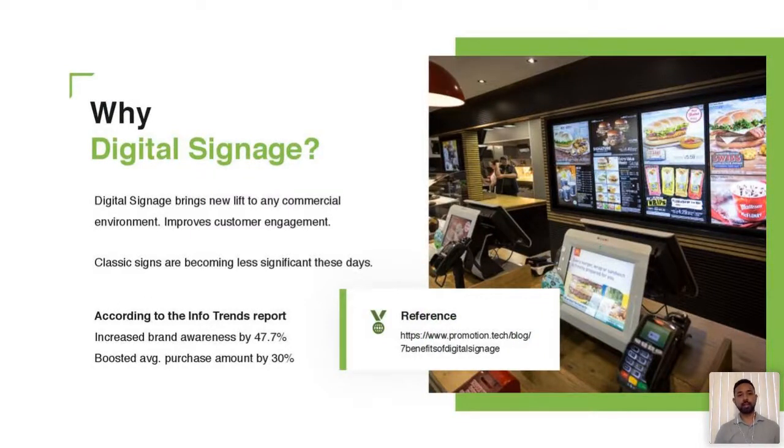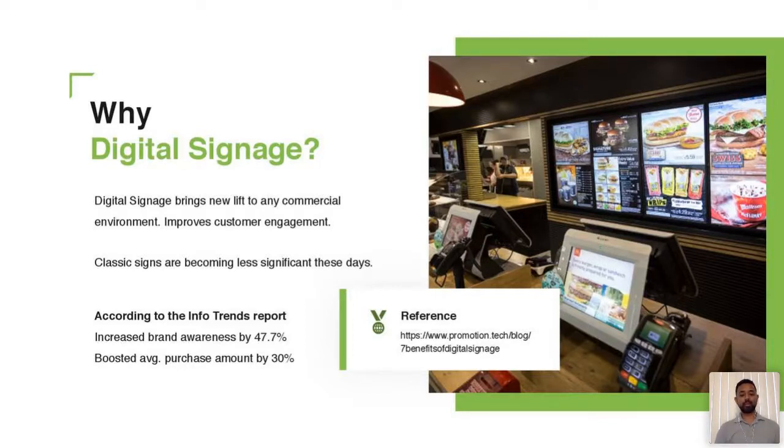Why digital signage? Digital signage is a lift to the commercial environment. In our day-to-day life, our life runs on commerce. So it helps commerce boost its sales.